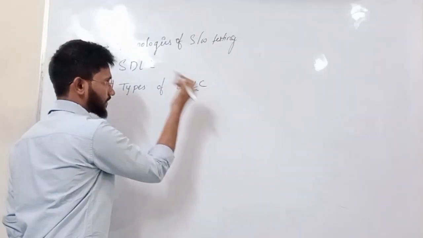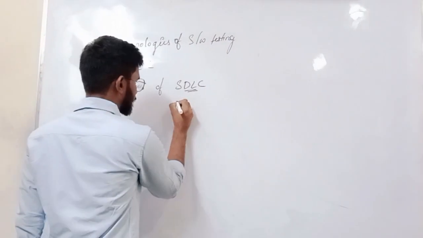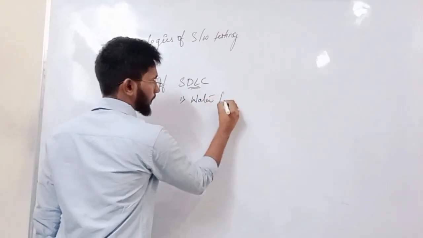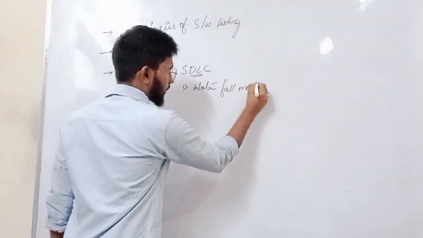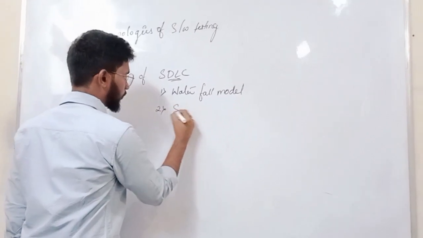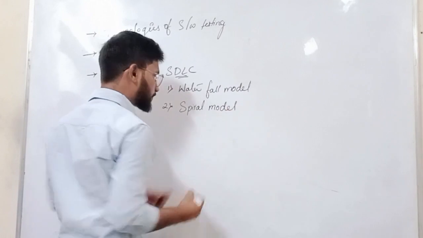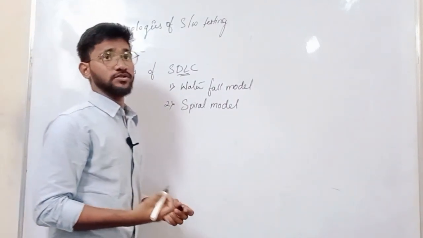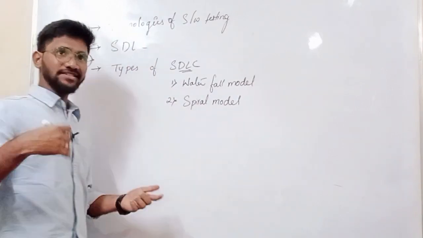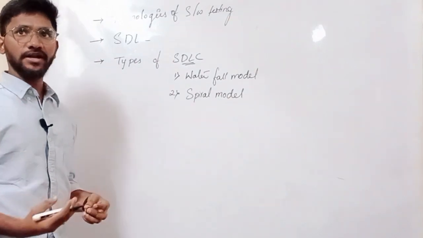Types of the SDLC. In this SDLC we have different types of models. First one we are going to be discussing is the waterfall model, and next we are going to be discussing the spiral model. The spiral model we also call by another name, the iterative model or Zilebi model. Mostly in the ancient days we called it a Zilebi model, but right now we call it a spiral model or iterative